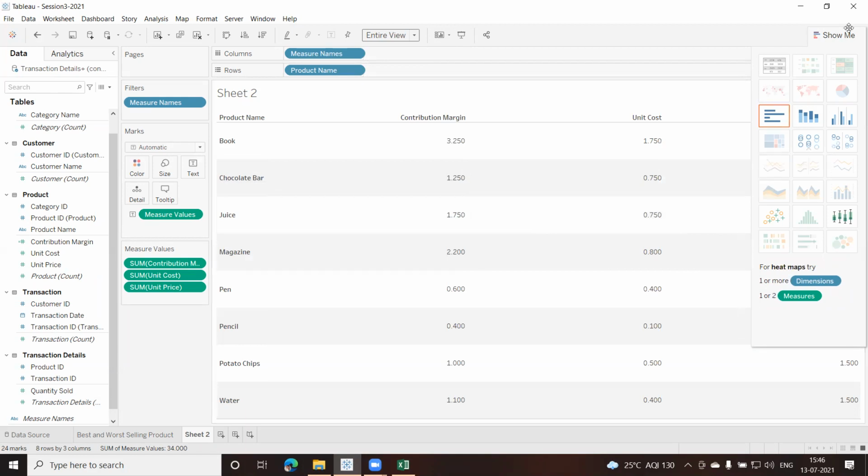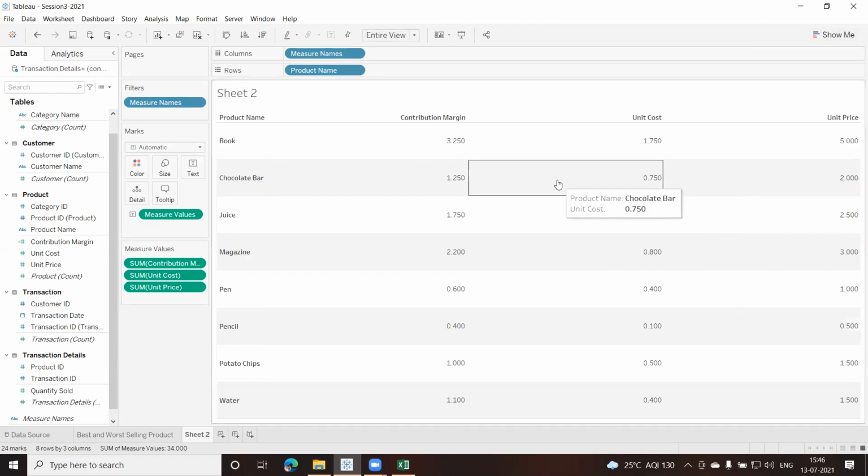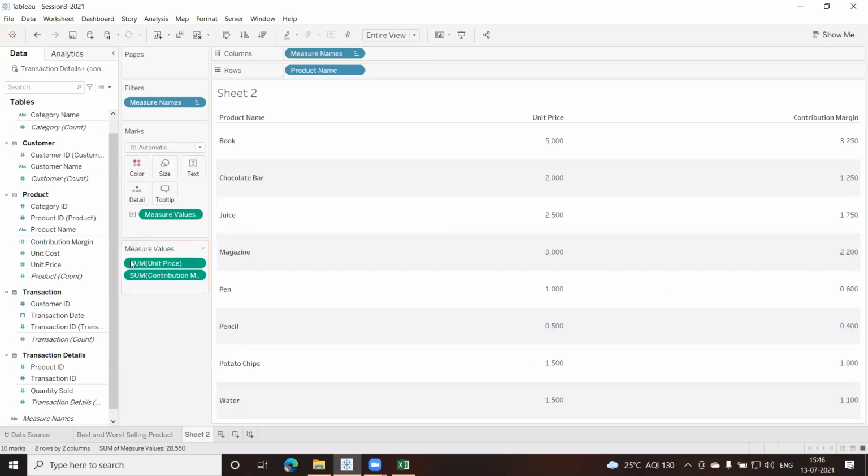Now, if you look at this, let us click on this one. Now the contribution margin, let us shift this down so I can put it at the end. I want the price on top, so price also goes up. So you can move the capsules. Control Z.